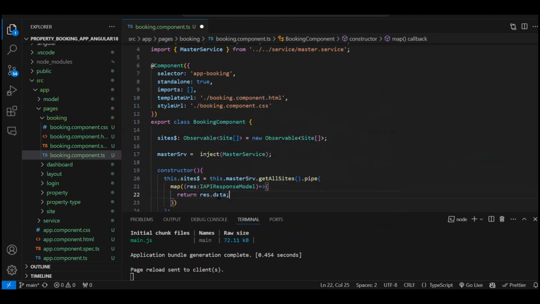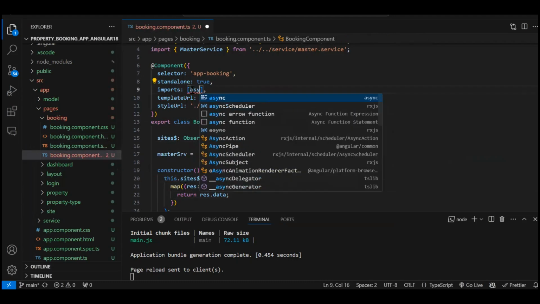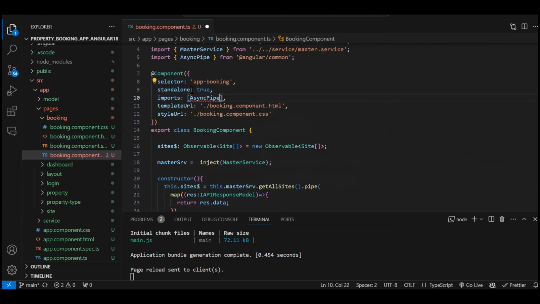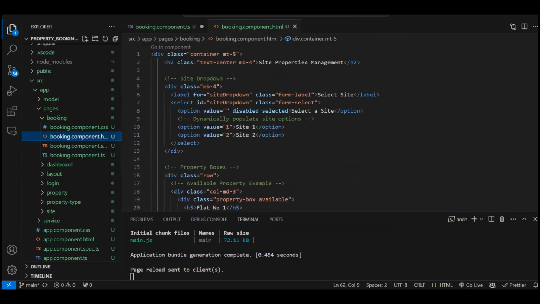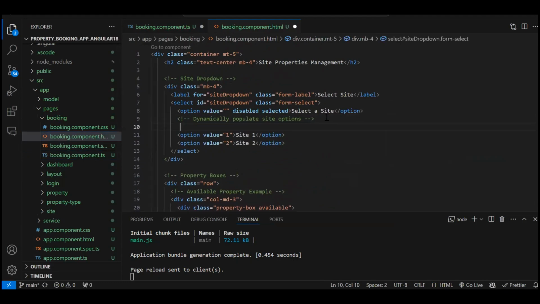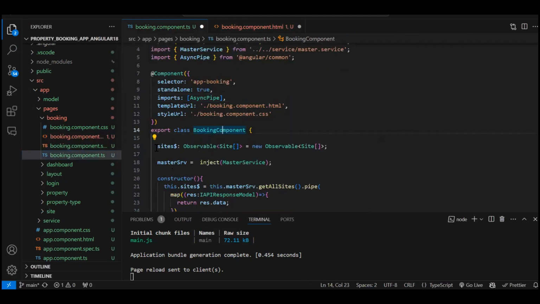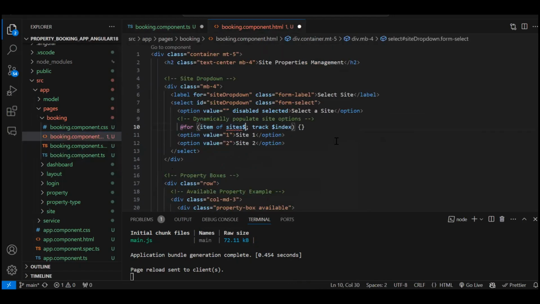Dot data. Right. Now this we will use directly in the HTML. Again, the async pipe we will need, so let's just add that. Again, just to repeat, I know I'm going fast, but you can do everything properly, because I have already explained the same thing in the previous component. So that's why I'm going a little bit fast. And here we need the async pipe,